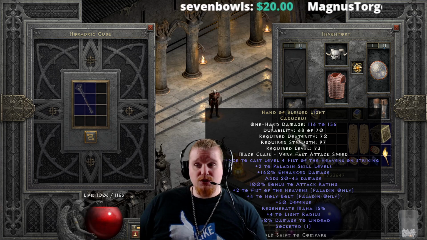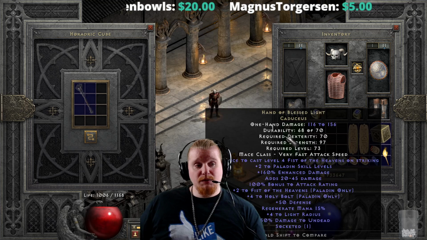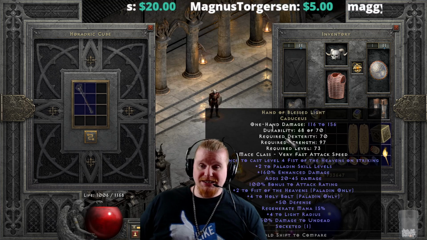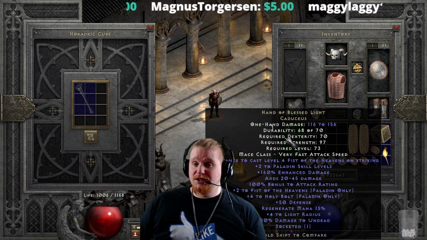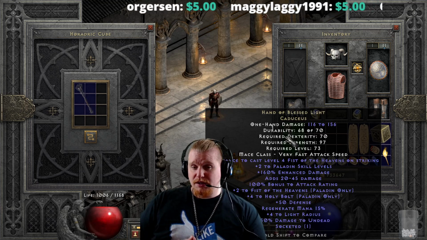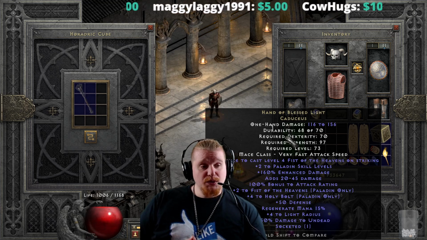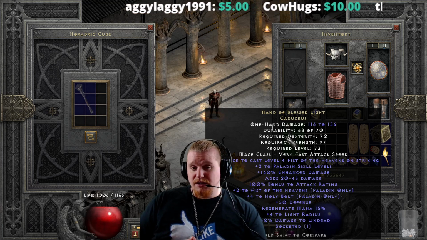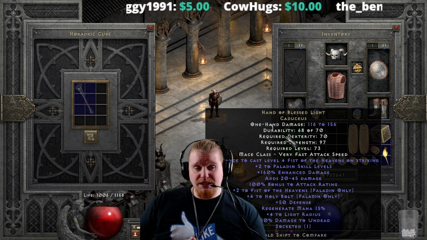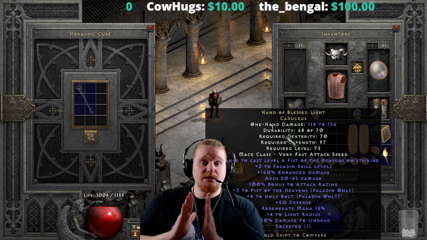So the minimum damage on the Hand of Blessed Light before was 61, and the minimum damage on the Caduceus is 116. So we got almost double the minimum damage, and the maximum damage did go up a little bit. It went up by, what is that, 13 points. But the real benefit of upgrading this to the Caduceus is getting that higher min damage, which restricts the damage